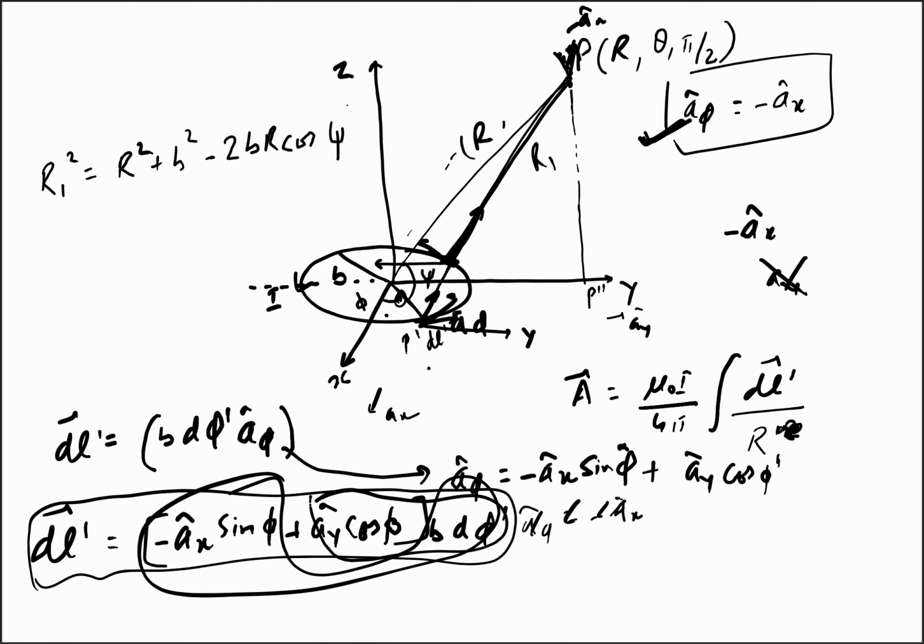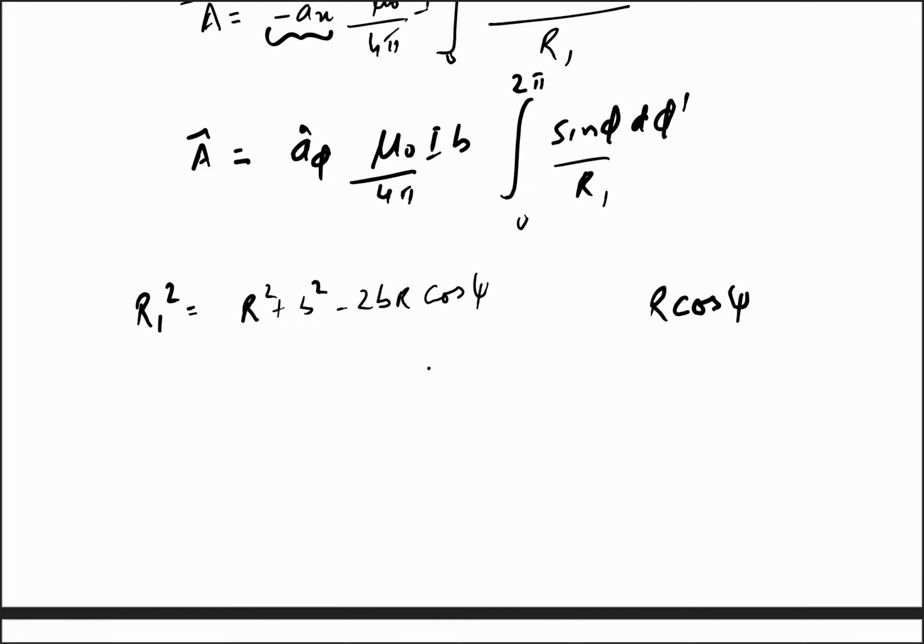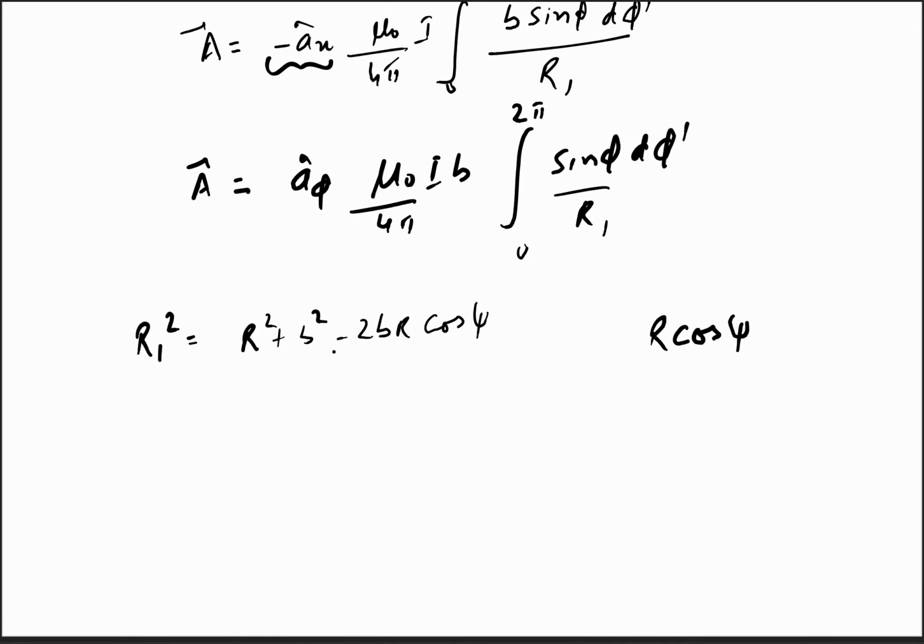So I can write R1 square is equal to R square plus B square minus 2B